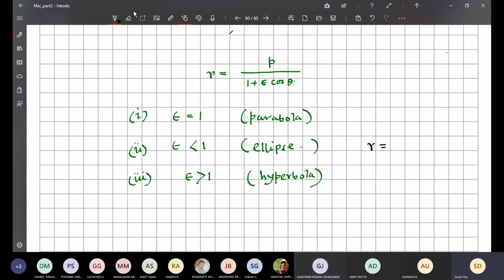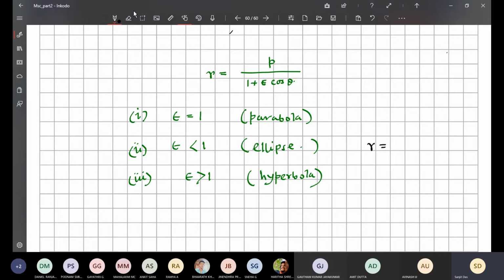Isn't epsilon between 0 and 1? Yeah, in between 0 and 1, correct. That refinement I have not come to yet. So in general, I am writing it less than 1. Of course, that is a correct statement.